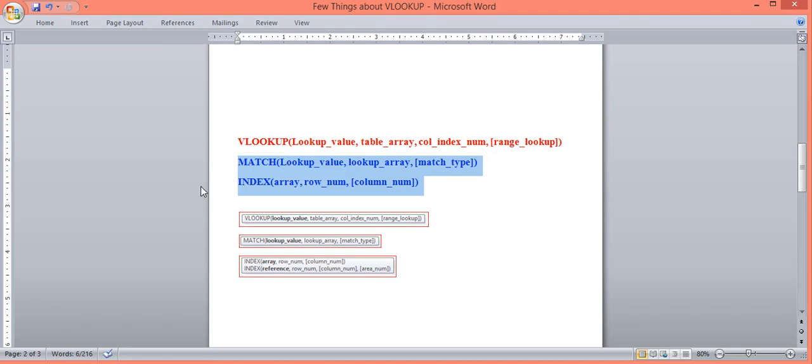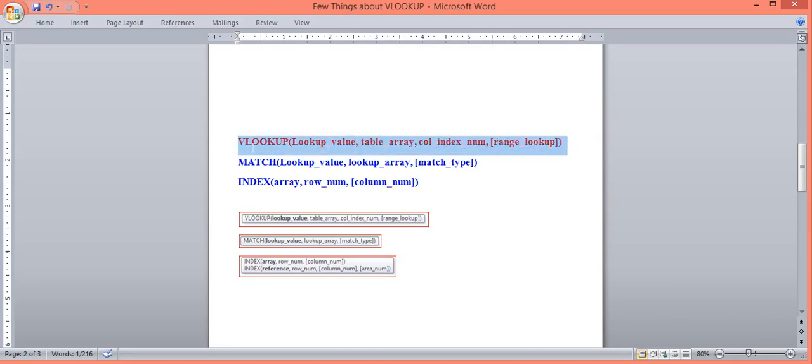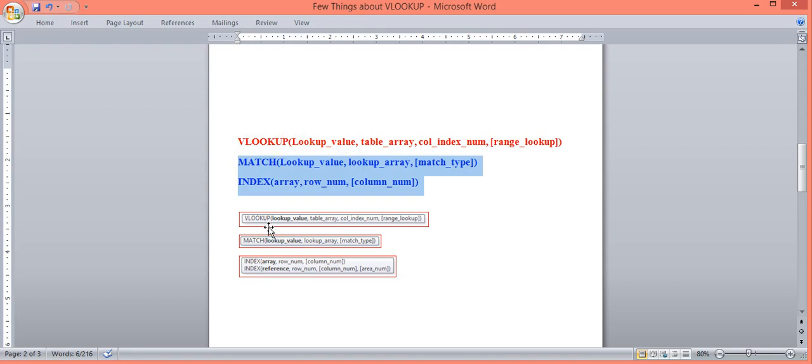That is the first condition. The second condition is, if I use VLOOKUP with the match function, as I showed you in my last or earlier video, you can make VLOOKUP a little bit dynamic. But if you use these two functions, then your total formula will be very much dynamic. I will show you how to use this with an example,